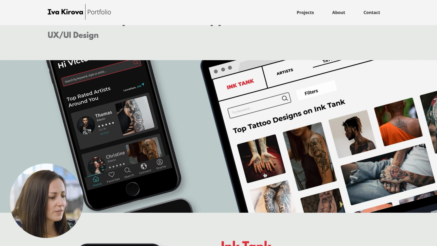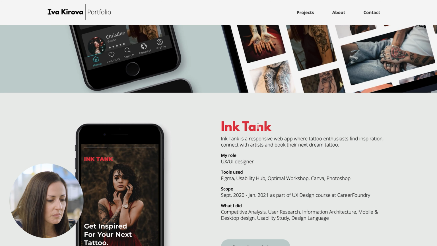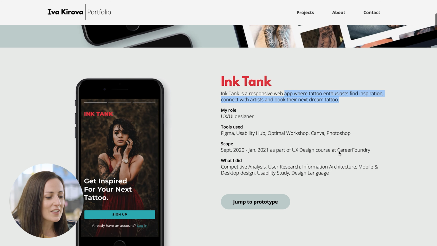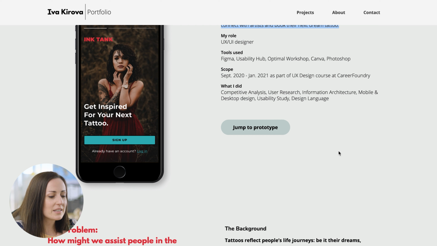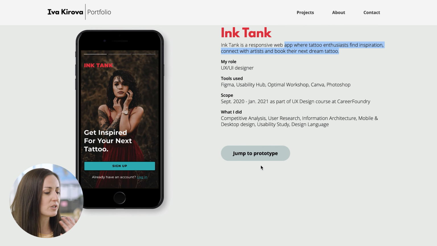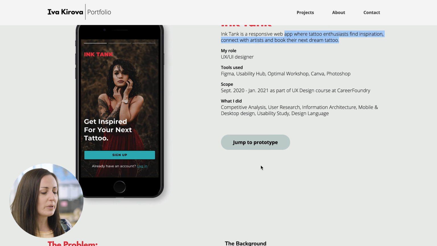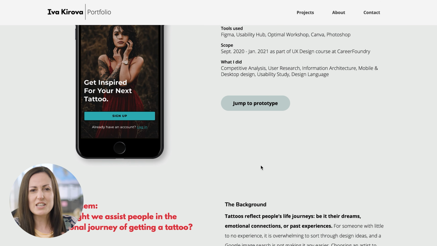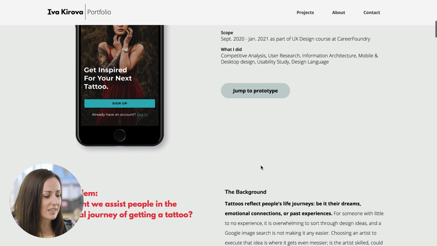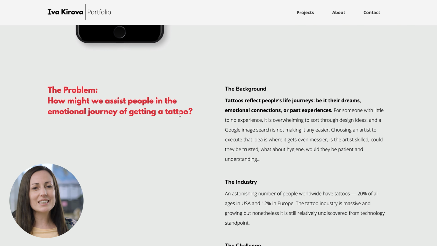Okay, a responsive web app for Inktank, which is where tattoo enthusiasts find inspiration. Cool. Okay, so let's have a quick look at the portfolio. I can also actually click to look directly at the prototype, which is great. I'm not going to do right now, but that can really help me get an interactive and engaging feel of what Eva has done. So I really love these really strongly highlighted text,